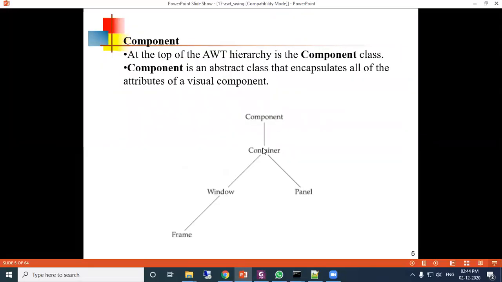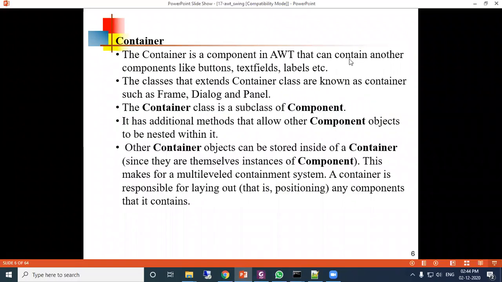The container in AWT can contain other components like buttons, text fields, labels, etc. These are the components which are under the container. The classes that extend the Container class are known as containers, such as Frame, Dialog, and Panel.